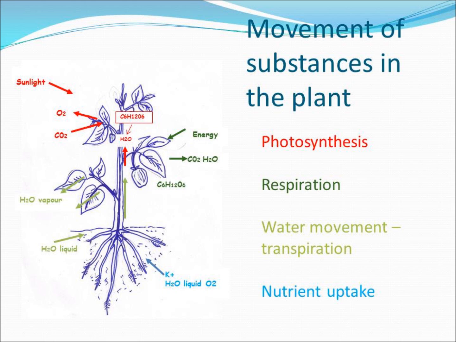So you can see red represents everything that's required for photosynthesis. The dark green represents respiration and what's required, what's happening within that process. The light green representing water movement or transpiration, which of course we'll see moves from the roots through the plant and out the leaves. And then of course there's nutrient uptake, which of course is associated with water movement and transpiration, and of course that's moving those nutrients from the soil into the parts of the plant where they are